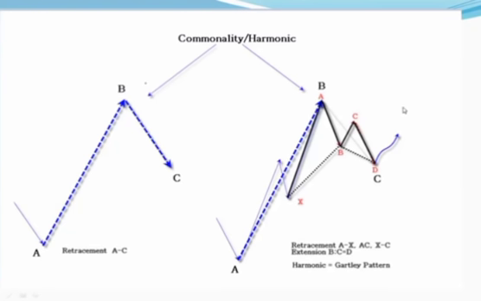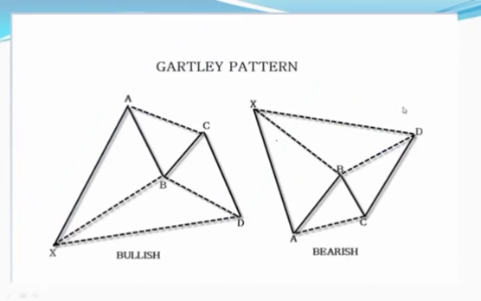All right, so the next thing we'll look at is the Gartley pattern and what it's supposed to look like. So everything starts with an X, then we go to A, then we go to B, and then we go to C, and then we go to D. Now, I'm going to draw out this pattern, I think the next pattern, but let me just stop for a moment and show you on, say, a